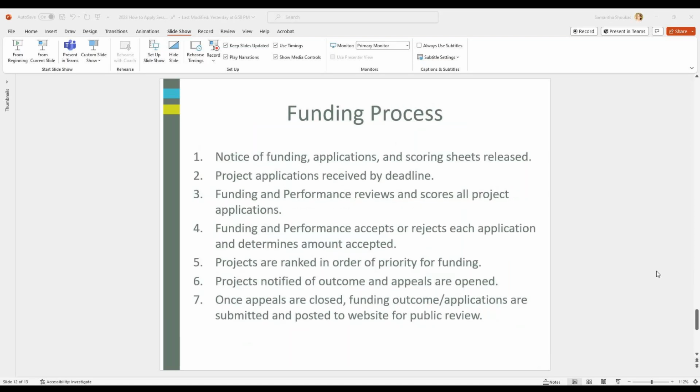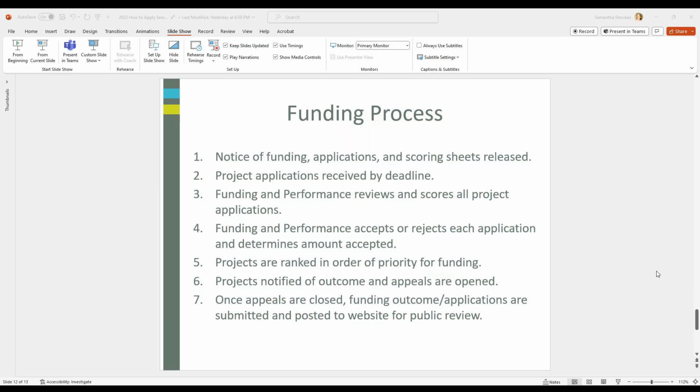So the overall funding process, there is a lot of steps to the funding process, and a lot of this has to do with transparency and objectiveness, which is one of our key values here at the CoC. So you'll see multi-steps, a lot of public involvement, a lot of public notification through this entire process. But most of our funding process follows this same 7 steps.